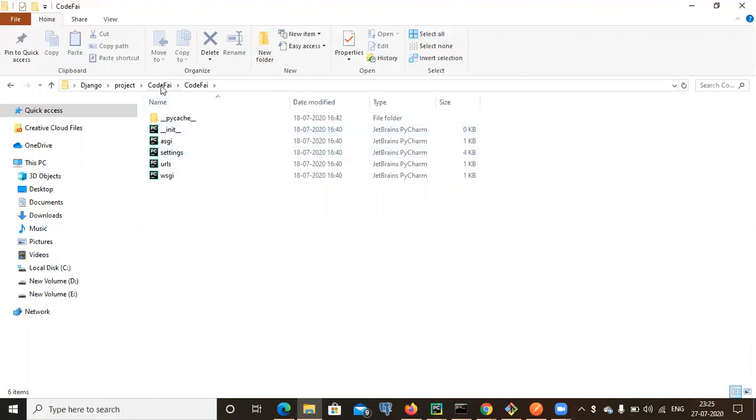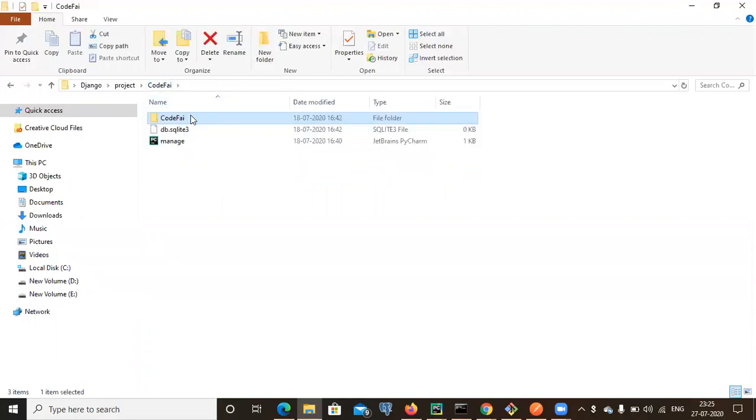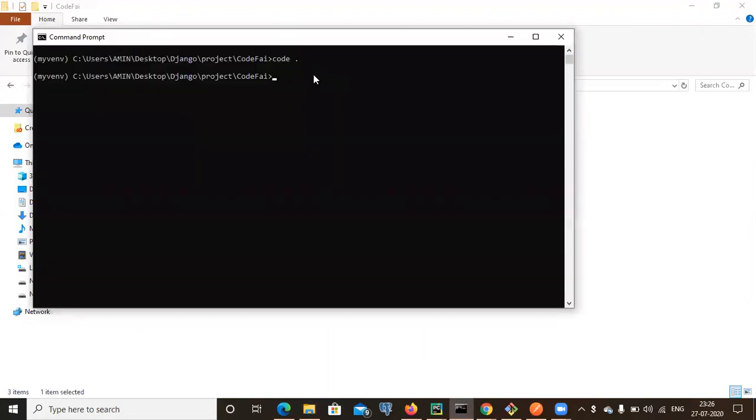So I have created a project, but we need to create an application also. With the help of the command prompt, I can create an application in my Django project, right? So the project, code file, has been created, but I need to create an application also. For creating the application,